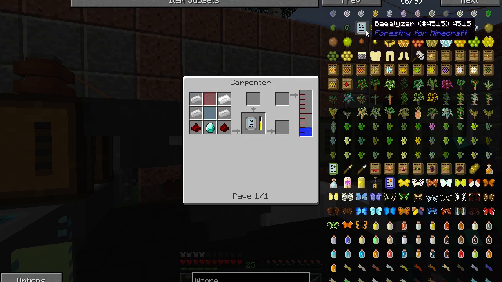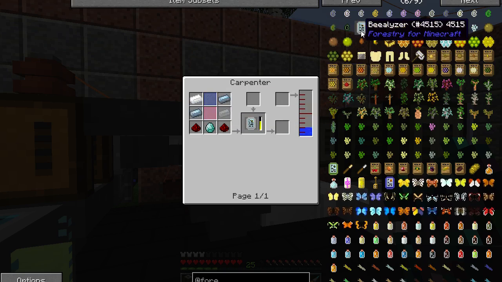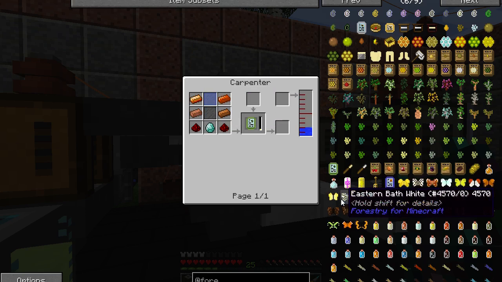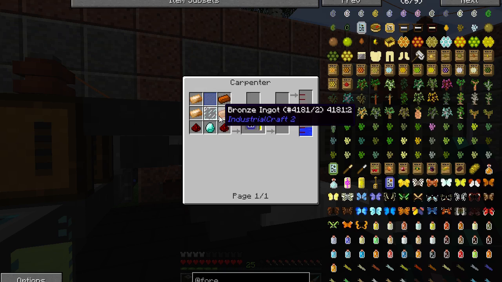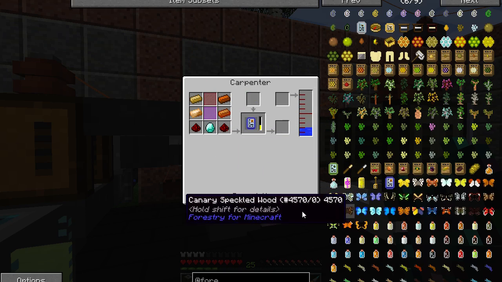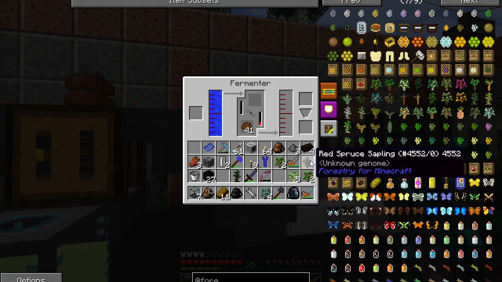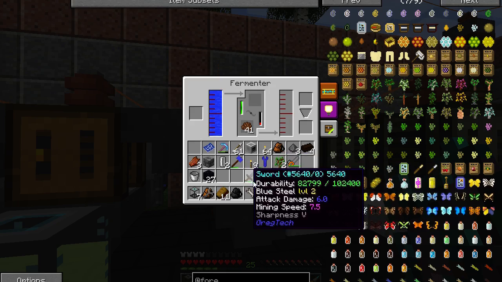There's a bealizer, which is tin. And then there's the treealizer, which is copper. And then there's the flutterlizer, which is bronze. So I was right, there is all three of them. But I haven't made any of them yet. I usually don't make a bee analyzer or a bealizer,